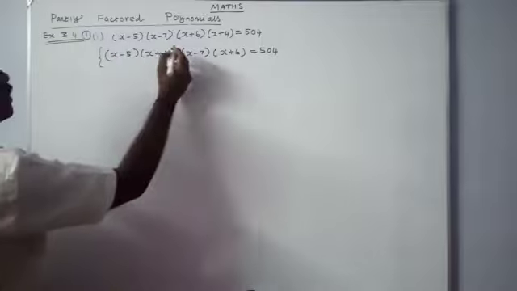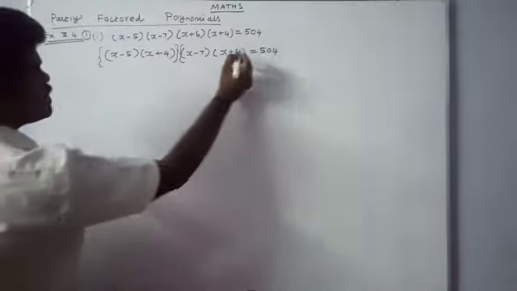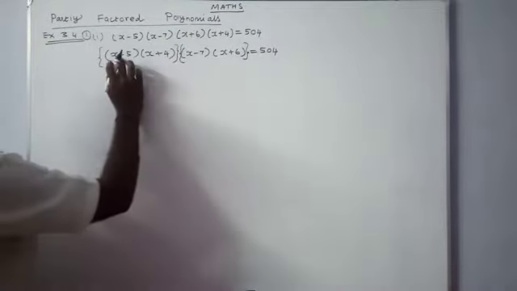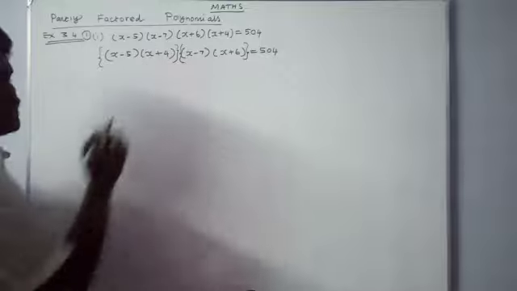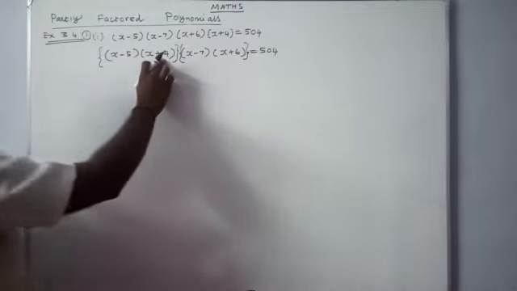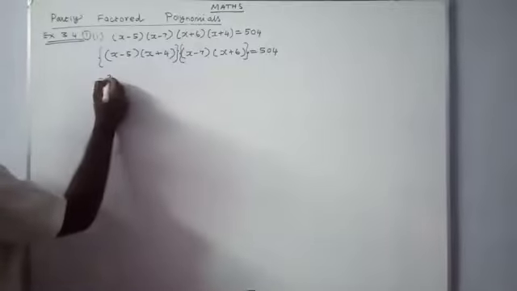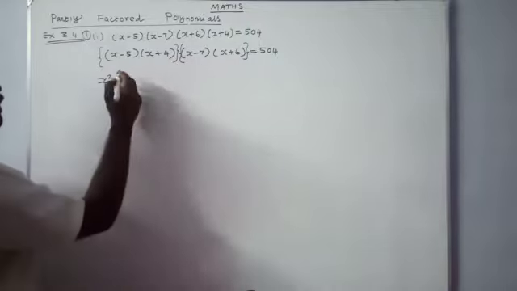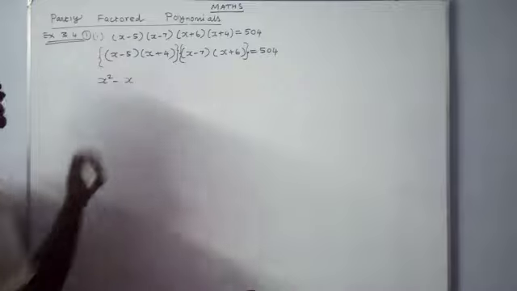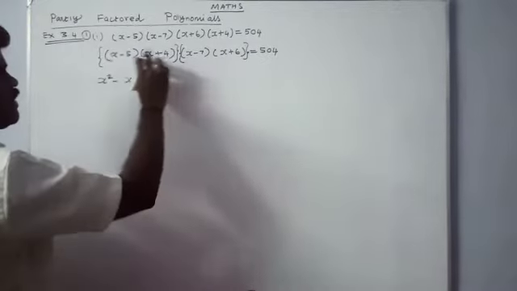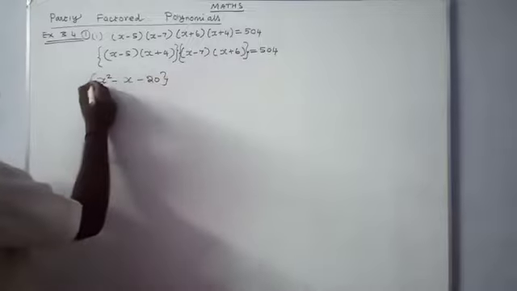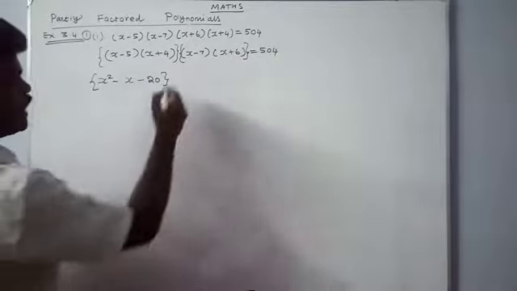Now factor these two terms and these two terms. This is the partially factored polynomial. Now take the factors x minus 5, x plus 4: the sum of the roots and the product of the roots. Here x squared minus, what is the sum of the roots? Minus 5 plus 4, that means minus 1, so minus 1x. And the product of the roots is minus 20. This is one set of factors.